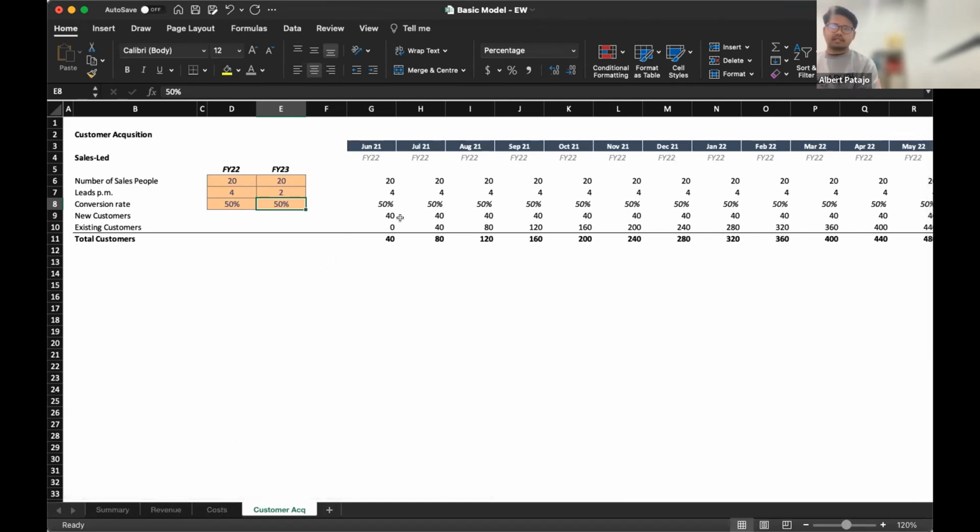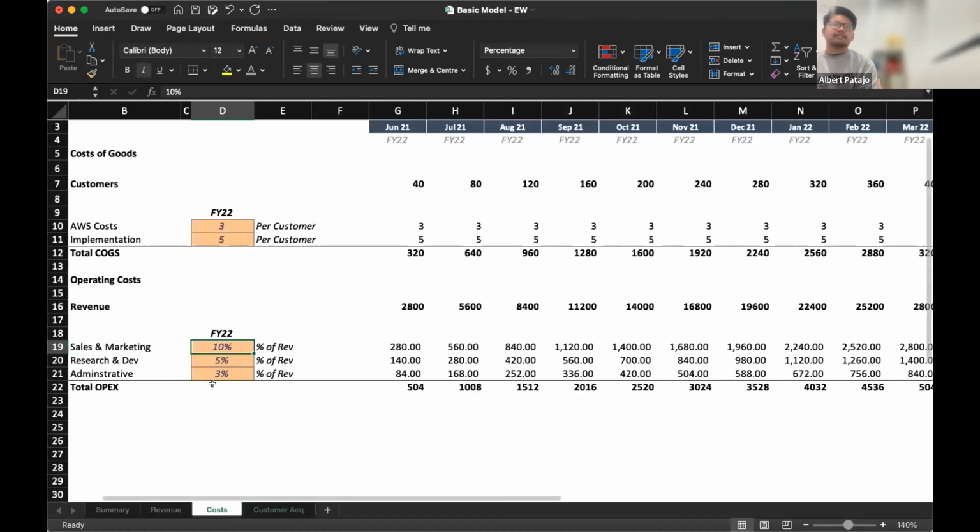It's very difficult to say we're going to shoot the lights out from a customer perspective, and then when you try to marry that up with your sales and marketing or cost side, it doesn't work out. Once you model things like customer acquisition costs, it shows that you might have underbaked or overbaked either your customer growth or your costs.